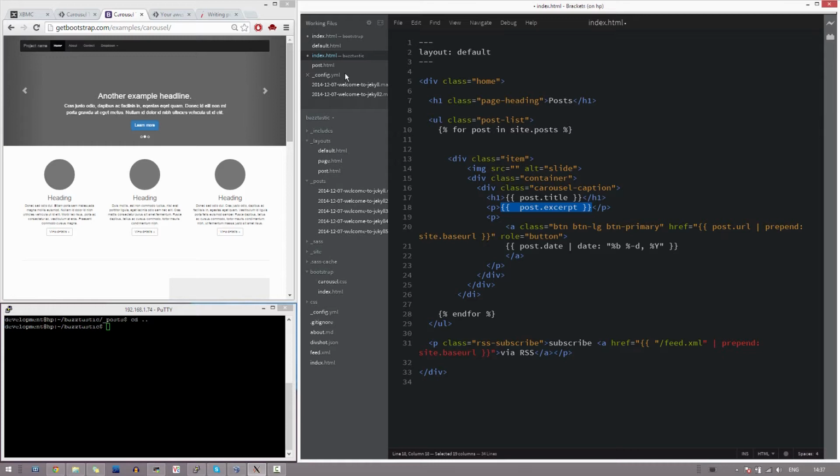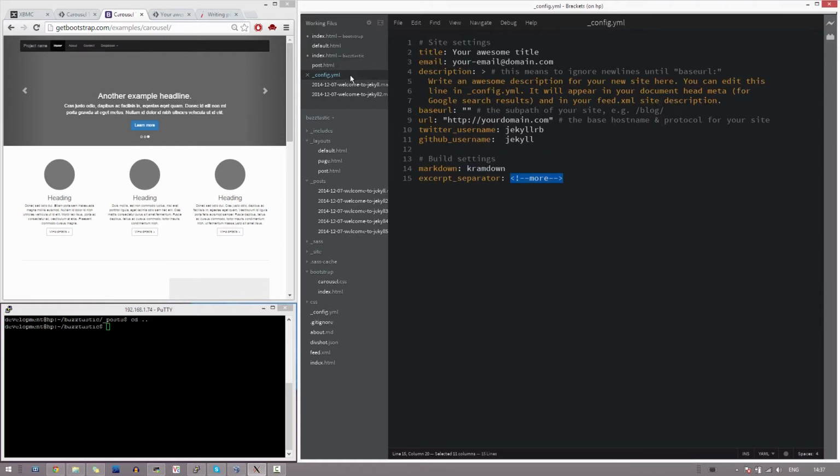One of the things is in the config file for Jekyll, you'll see here I added in excerpt_separator and then the more tag. This is case sensitive, by the way. So what that means is you place this now inside of one of your, well, in theory all of your posts as you're creating them, and what will happen is,